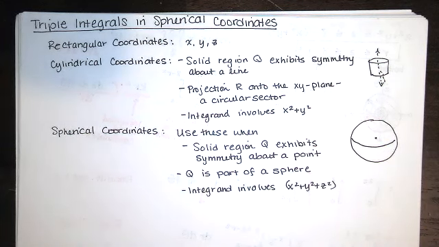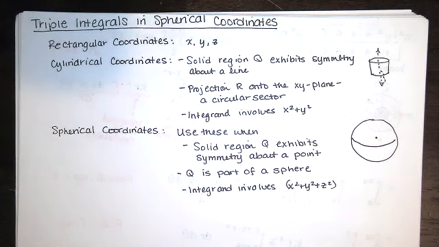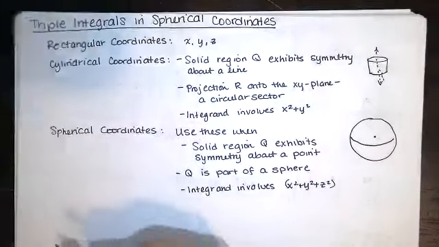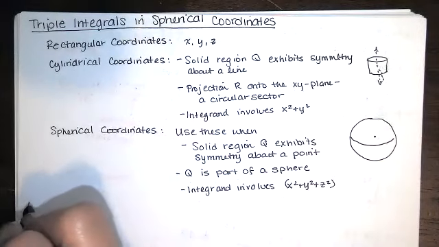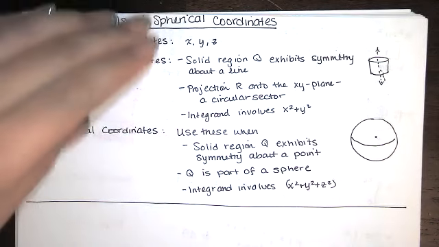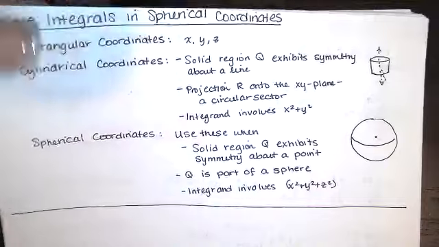And these are just different ways of describing the same points. And in these new coordinate systems, the calculations are generally easier once we switch. So let's talk about the spherical coordinates conversion formulas,